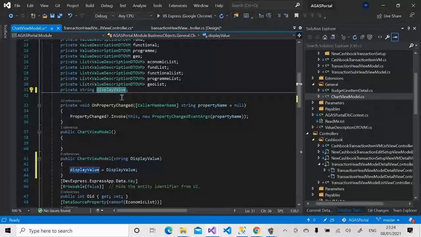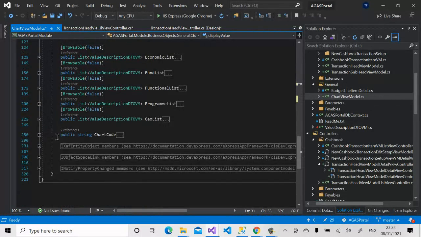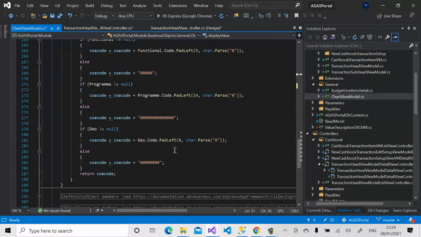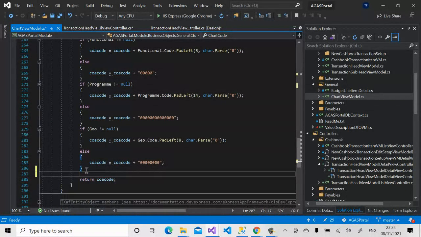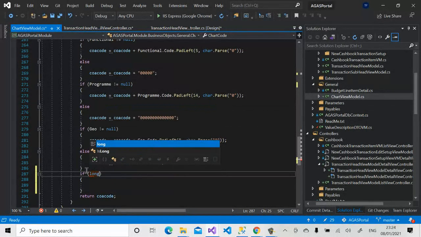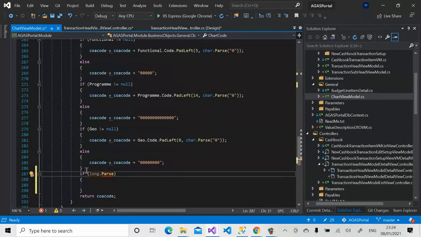So what we will do now is we're going to come to the chart code. We're going to write this logic. If we use the long and pass,